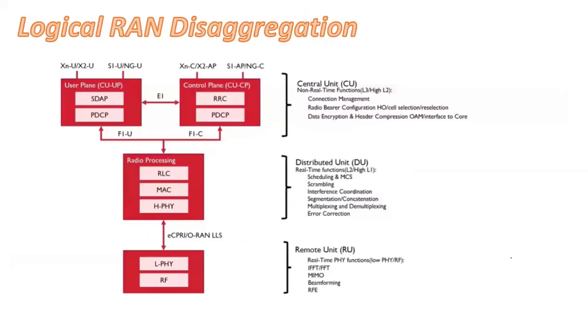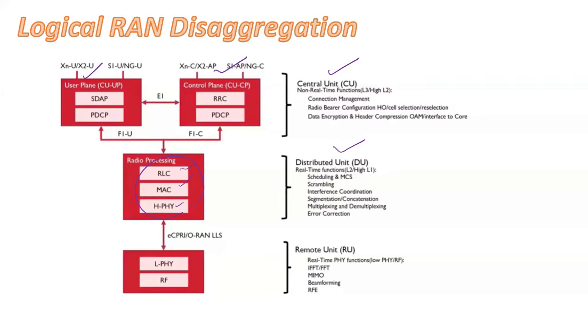So if you look at some details in diagrams like this, the BBU, previously one unit, we have now divided into the CU, which is the central unit, and the DU, which is the distributed unit, right? And the CU is further divided into two planes. One is the user plane and one is the control plane, right? And then the DU is now equipped with various layers like the RLC layer, MAC layer, and the high physical layer, right? So this is how the disaggregation happens, meaning we are splitting the hardware component and also the protocol inside the component.